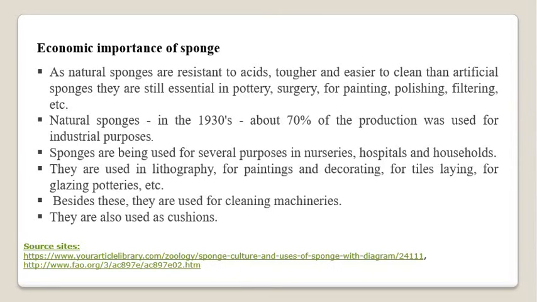Natural sponges in the 1930s were reared and collected in huge quantities. In that time, out of the total commercially collected natural sponges, about 70% of the produced sponges were used for industrial purposes. So you can imagine 70% of the total harvested sponges is quite a big number, right? And that 70% was used for commercial, that is industrial purposes, for preparation of varieties of things from